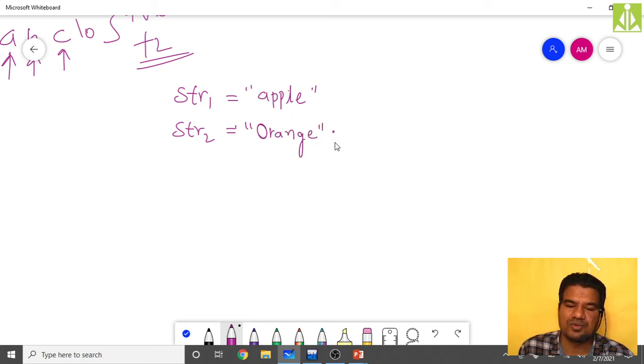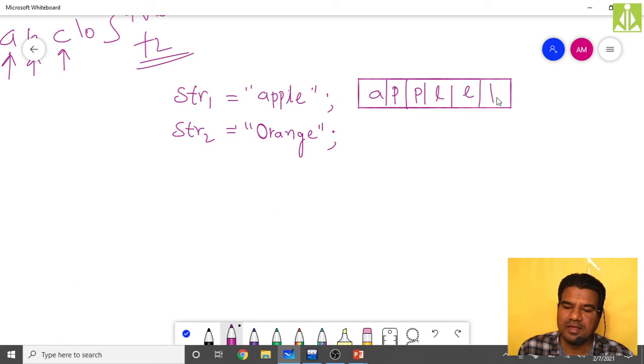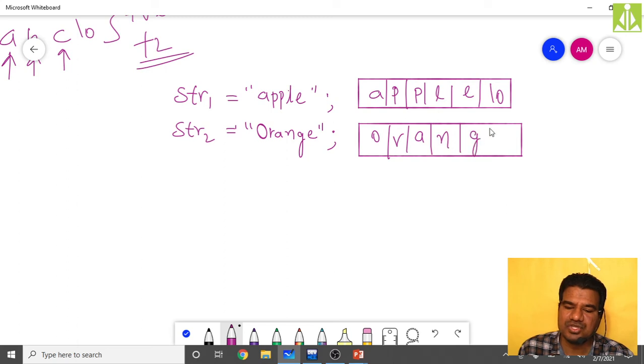Like this, you have two strings. So how will this first string be stored in the computer memory? Like this: A, P, P, L, E, null character. Then how will the second string, orange, be stored in computer memory? O, R, A, N, G, E, null character, like this.